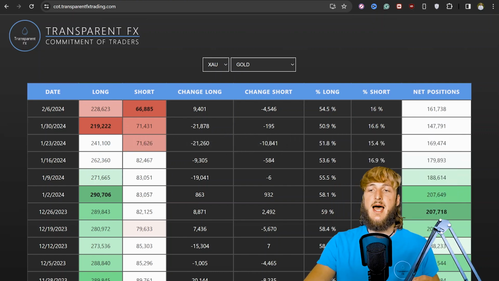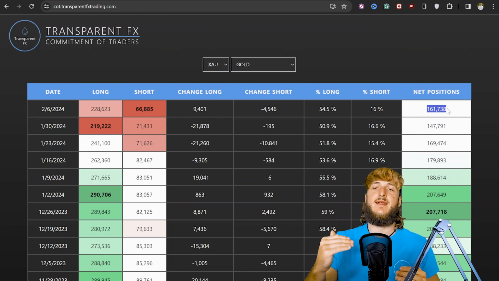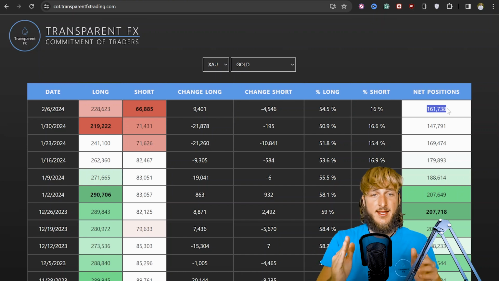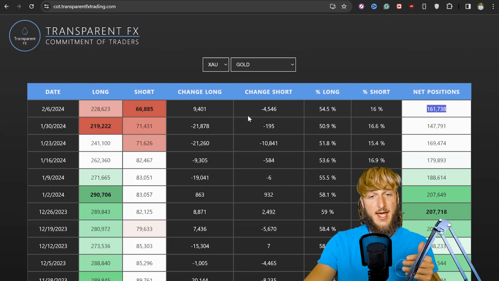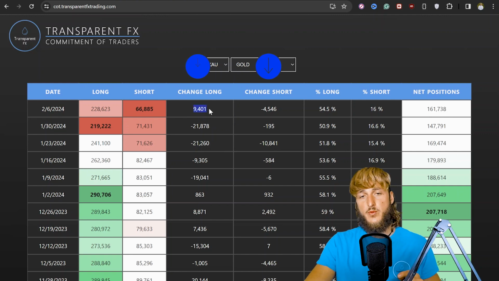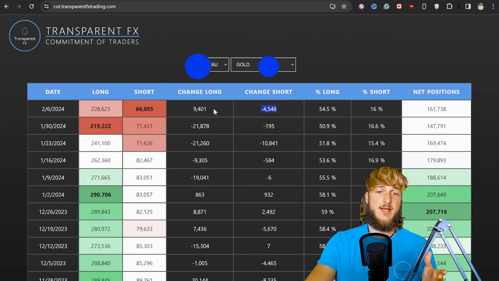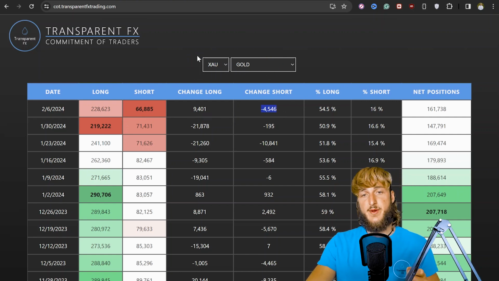147.7k net positions up to having 161.7k net positions. So essentially, what just happened is that we had an increase of the net positions, meaning that the institutional side of the market has moved back to the bullish side for this market. And in fact, if we look at the details, we can see 9.4k longs added with the last report and 4.5k shorts getting closed. So we see longs getting added and shorts getting closed from an institutional perspective on gold